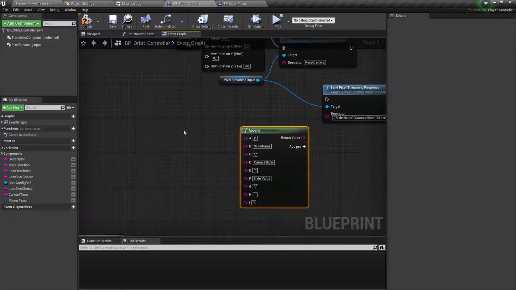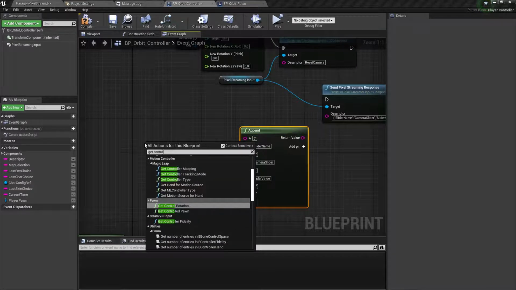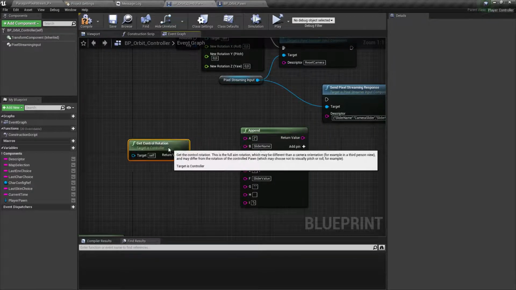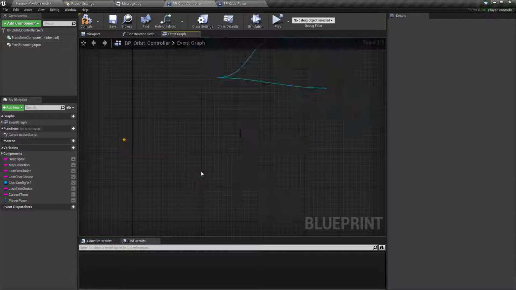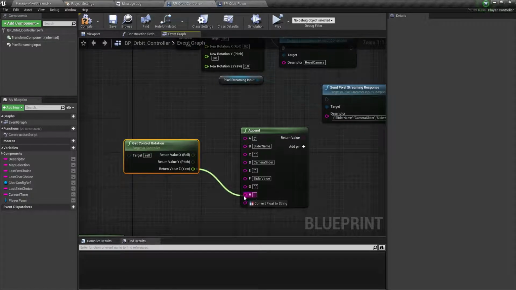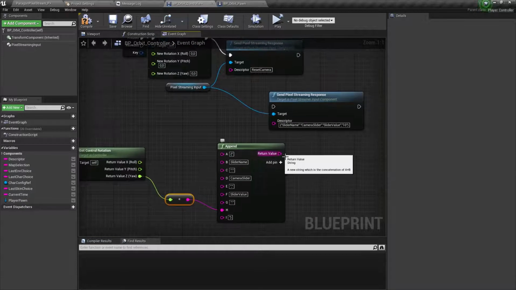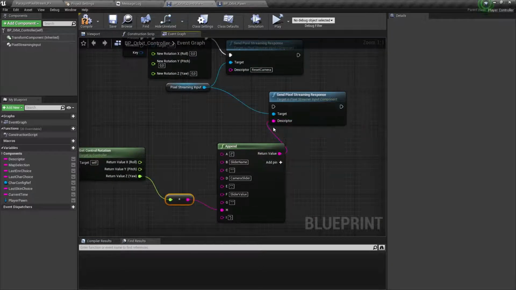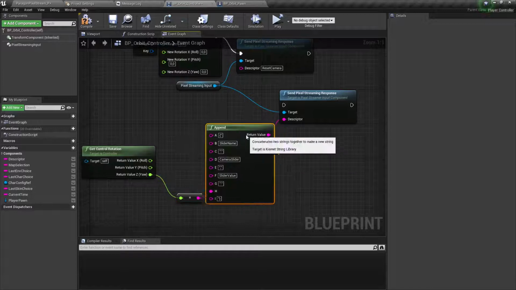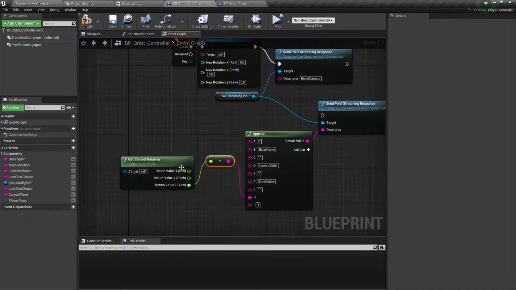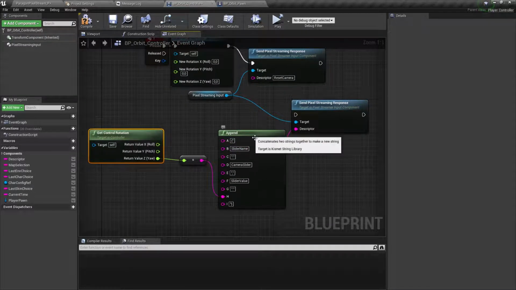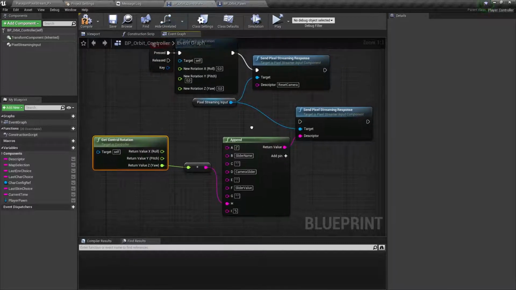So in this case, we can just get control rotation, for example, and get the yaw and convert it into a string and have that sent instead. So let's make a function out of this and connect it whenever we change the yaw input.